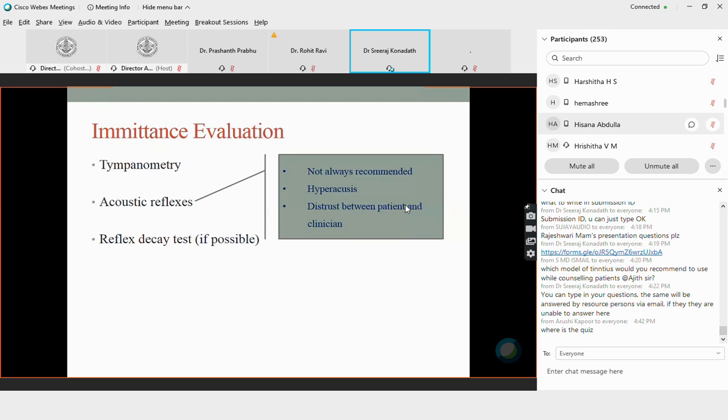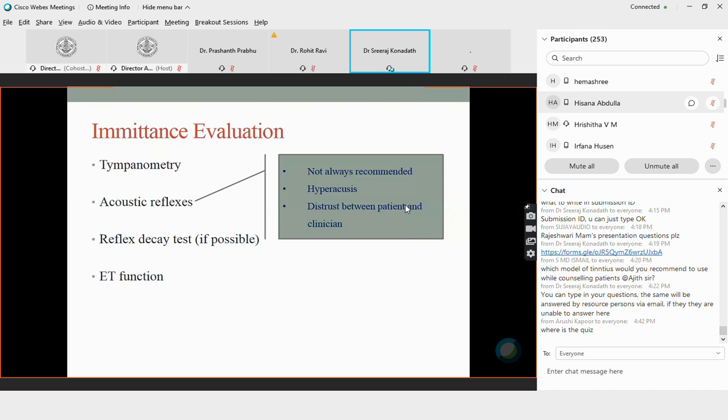And reflex decay also, again you're going to be giving much higher levels, right? 10 dB plus in the contra ear. So that is again going to be difficult. So do it only if it is really feasible to be done. Some individuals having only pure tinnitus, you can go ahead, but keep remembering that hyperacusis needs to be also kept in your mind when you go for this evaluation.